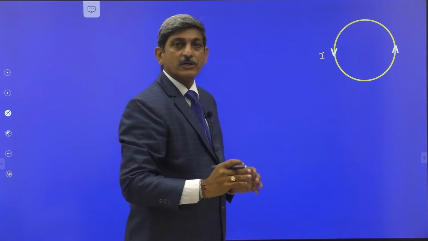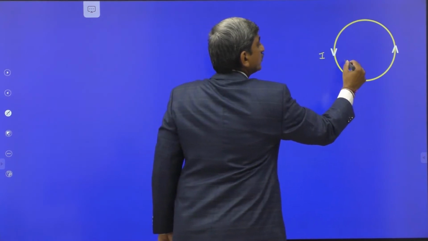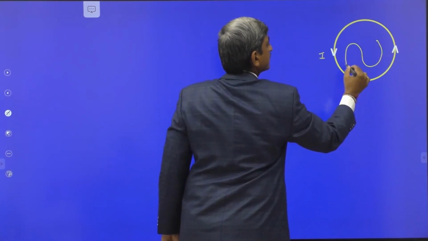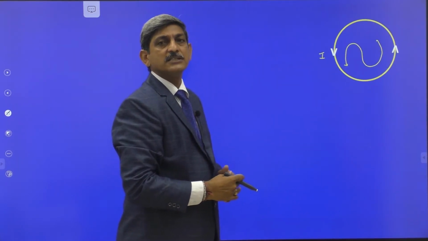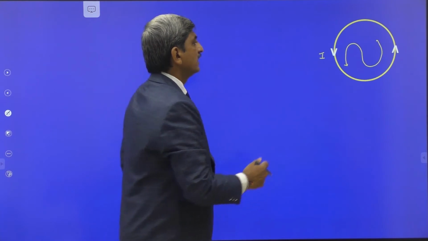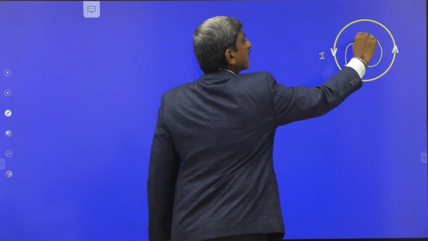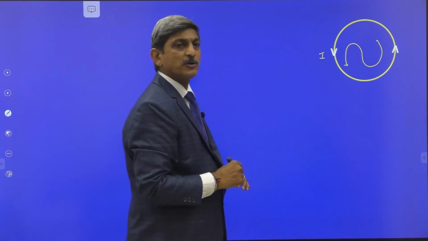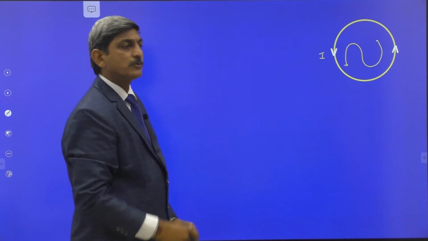We know that the magnetic lines of force come out from the north pole, that's why the face towards us is behaving as a north pole, whereas the backside of the coil is behaving as a south pole. In case of the coil carrying the current in the anti-clockwise direction, the face towards us is behaving as a north pole and the behind face is acting as a south pole.